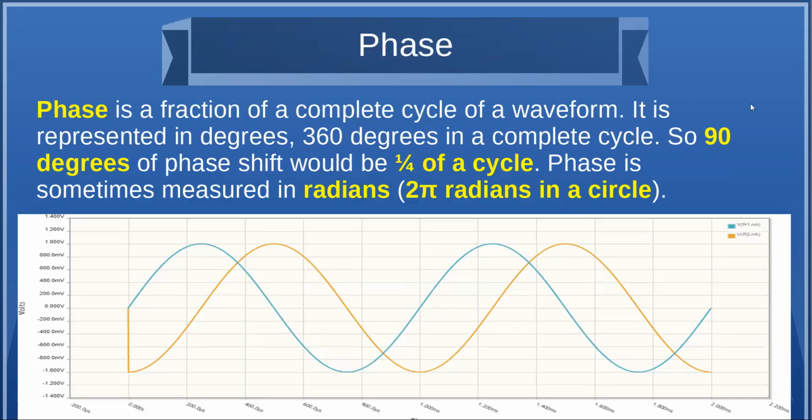Okay. Now, we also will talk a little bit about phase, and it'll come up later, where I defined it as the fraction of a complete cycle of the waveform. And we can represent it in degrees, where we assume there's 360 degrees in a complete cycle. Now, that's not exactly arbitrary. If you envision